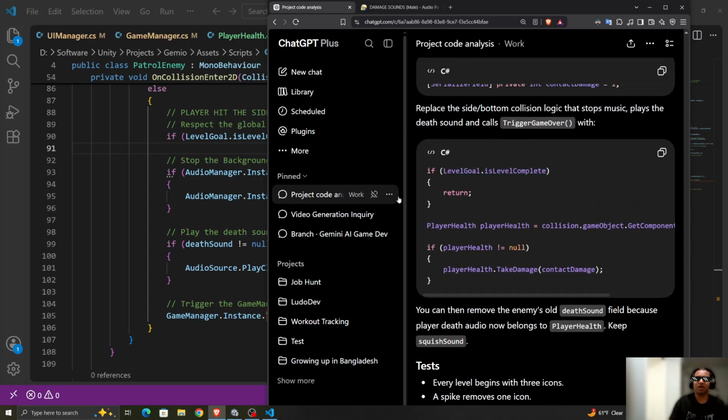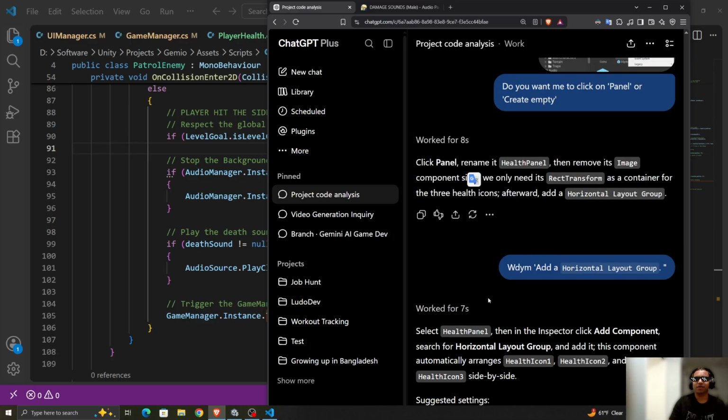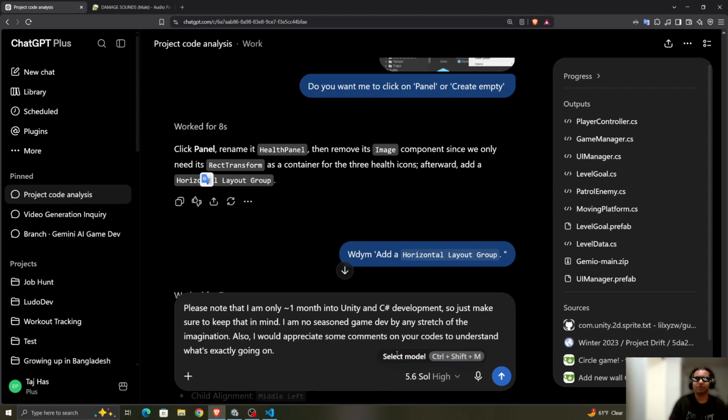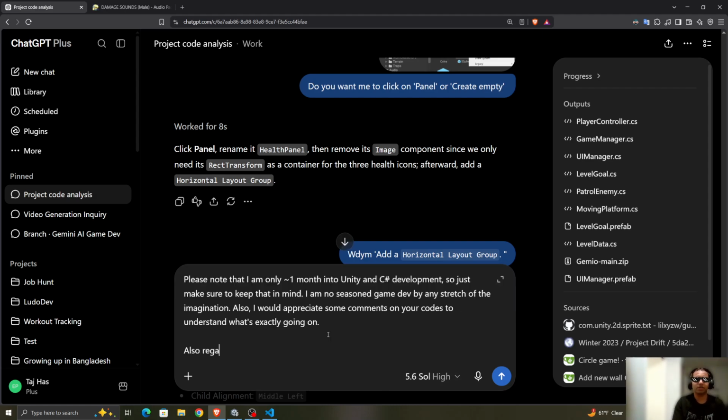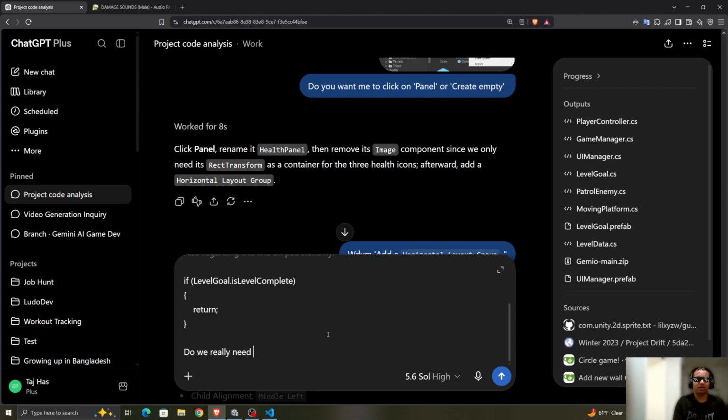Or like somehow, hmm, I don't believe we need this line anymore. I'll also add that to the next prompt I have, so let me just resize it a little bit. Also regarding this line on control enemy, do we really need this anymore